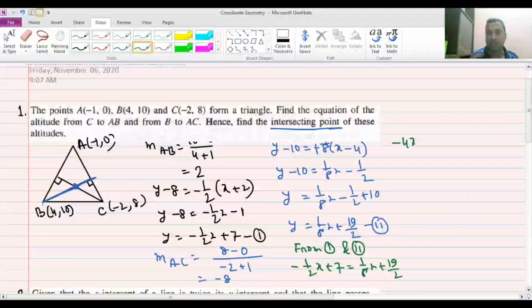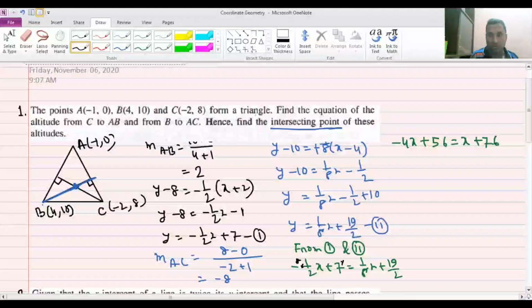So -4x + 56 = x + 76. Now let me simplify: this gives -5x